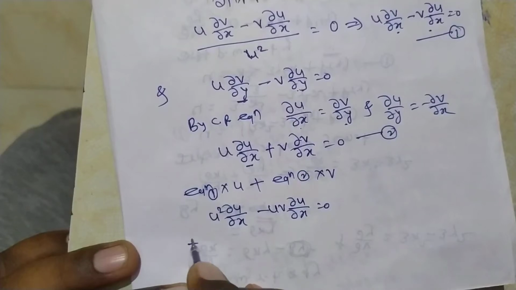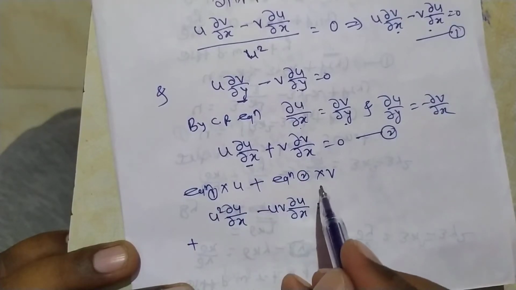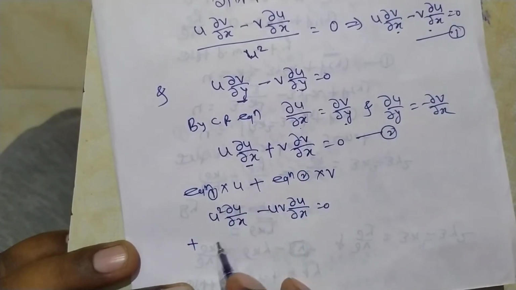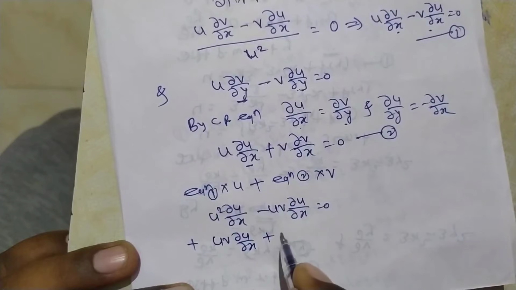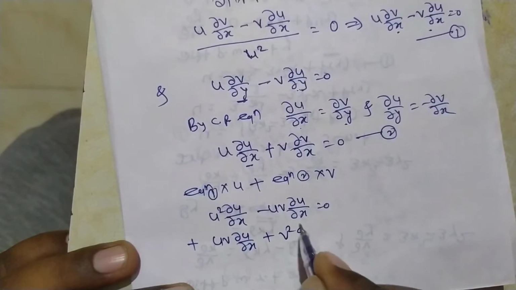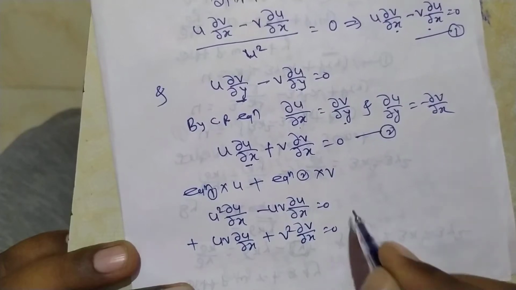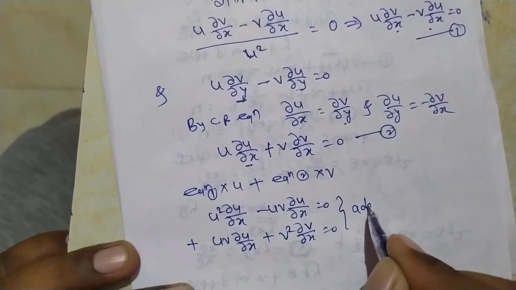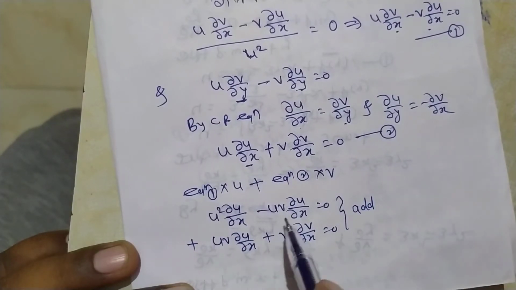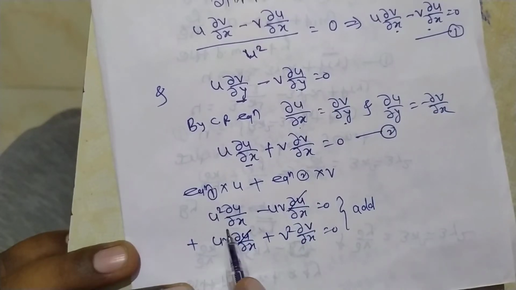Okay, and plus if you multiply equation 2 by v, then this becomes uv ∂u/∂x plus v square ∂v/∂x equal to 0, and we have to take addition of this. And if we take addition, then this uv ∂u/∂x gets cancelled. So u square ∂u/∂x plus v square ∂u/∂v by